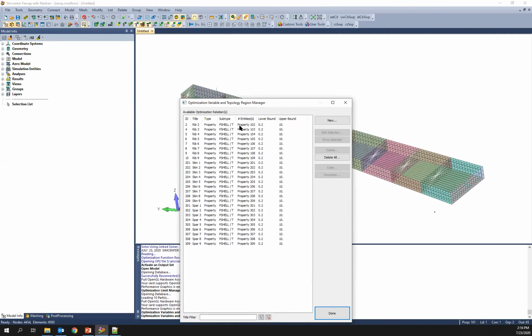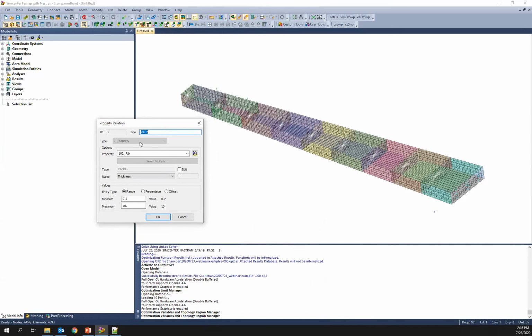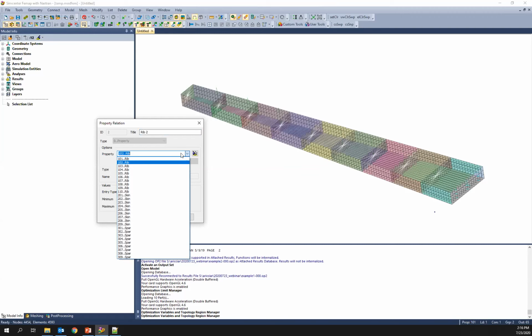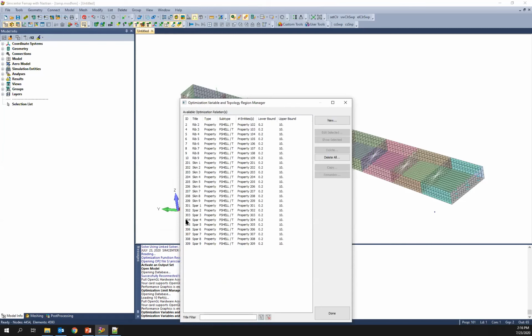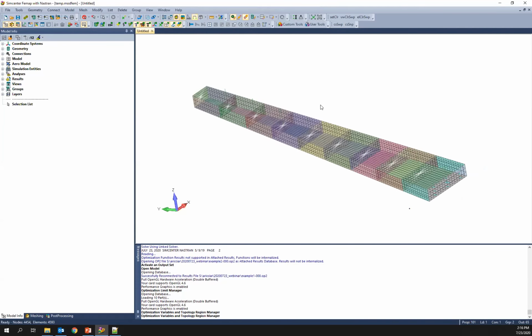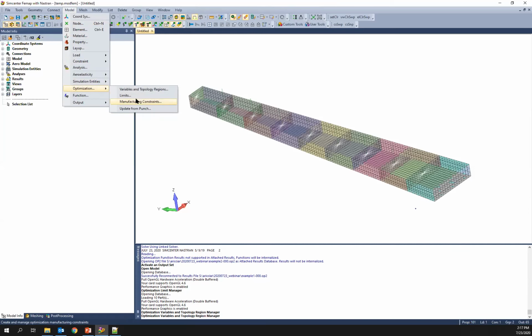We've seen the process for setting these up. I'll go ahead and edit selected so you can just be reminded. Here we picked up property again. You can pick, so here we have multiple properties. Pick the one you want, pick the field that you want on the property entry, and then the limits, if you have bound constraints on that design variable property relationship. So that's the design variables and the bounds on that. You can see in the table we just had open. For limits,